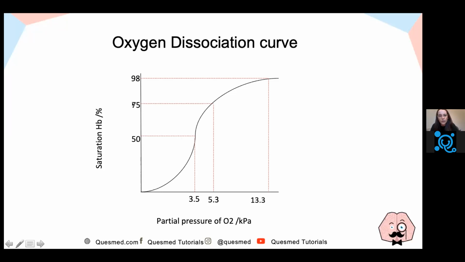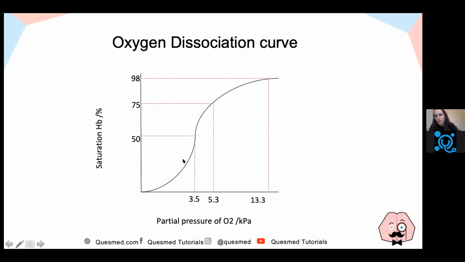Next, the point at which hemoglobin is about 75% saturated. That's important because it's around the level of venous hemoglobin saturation, somewhere around 5.3 kilopascals. We discussed that earlier in our oxygen cascade. And lastly, saturation of about 98% is at 13.3 kilopascals, which is the level of arterial blood. The curve is sigmoid, an S shape,